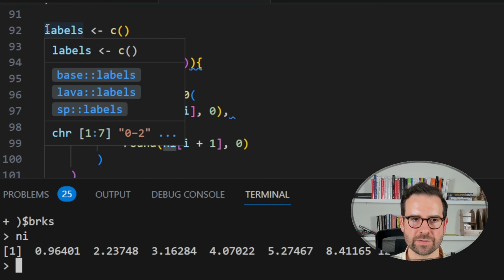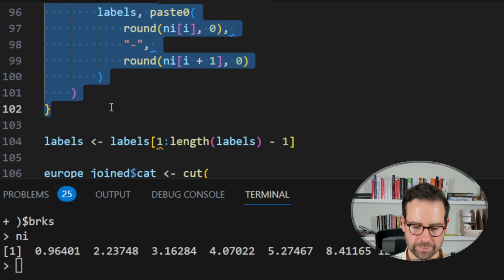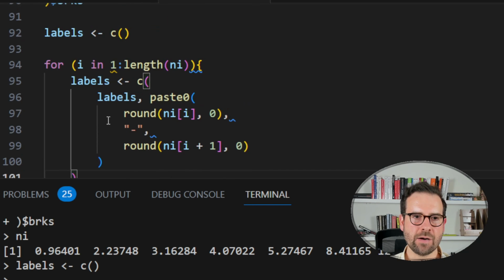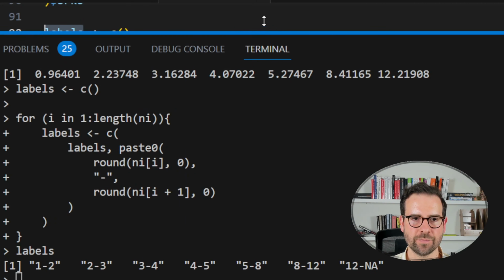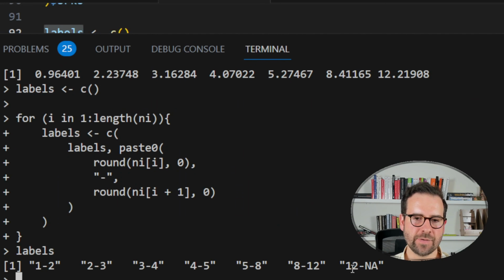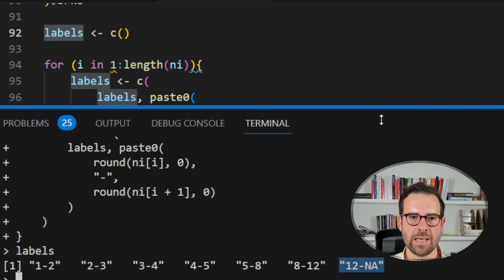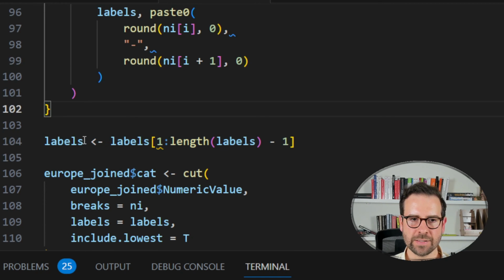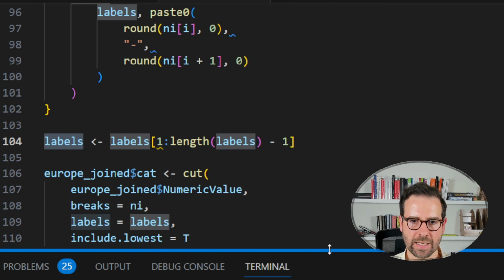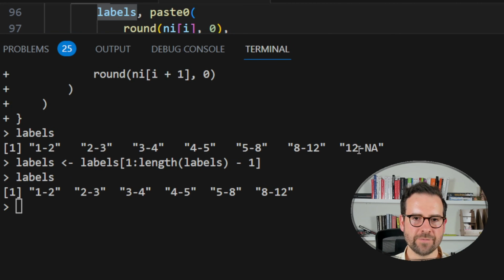Now let's do labels. Let's do labels here, and let's also iterate through them. And now I'm just gonna inspect these labels, and I'm gonna show you what I was saying about the last value. So here it is. You see, the last value is 12 to NA. It's exactly because after the maximum value, there is no other maximum value. So this is why we need to get rid of this one. And we're gonna get rid of that one just by running this code. And after running, let's inspect labels again, and as you can see, we don't have this 12 to NA. So we are left with six